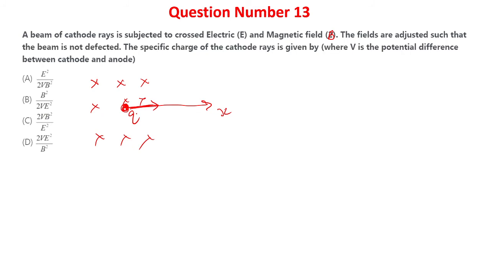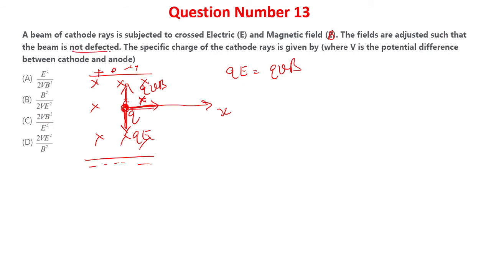So according to Fleming's left hand rule, forefinger is the magnetic field into the paper, central finger towards the right hand side. Thumb gives the force due to magnetic field, that is QvB. Sin theta would be 1. And if we have an electric field directed in the downward direction, the force due to electric field would be QE. If both these forces QE and QvB are able to cancel out each other, then this charge passes undeflected. So Q cancels. So the condition for this situation is v equals E upon B.